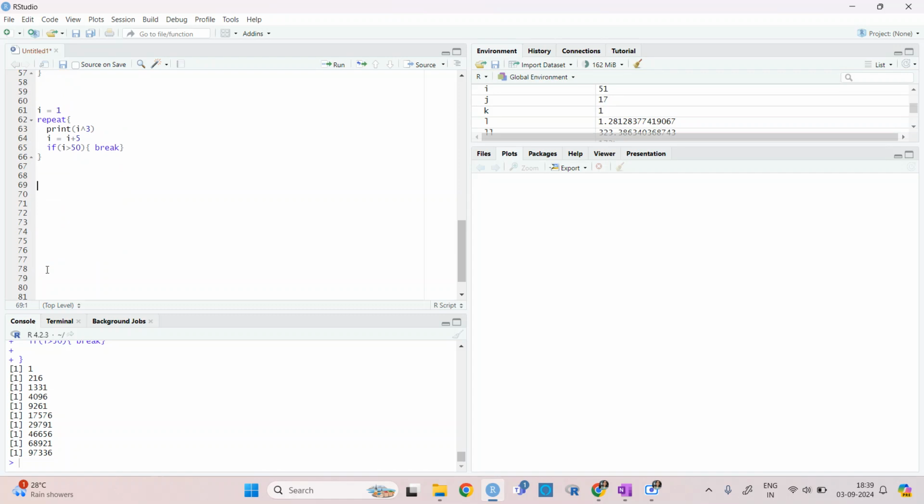The other thing you can do is use the break command or next command and a lot of things, like you can basically play with all those things, and you can see how it works.